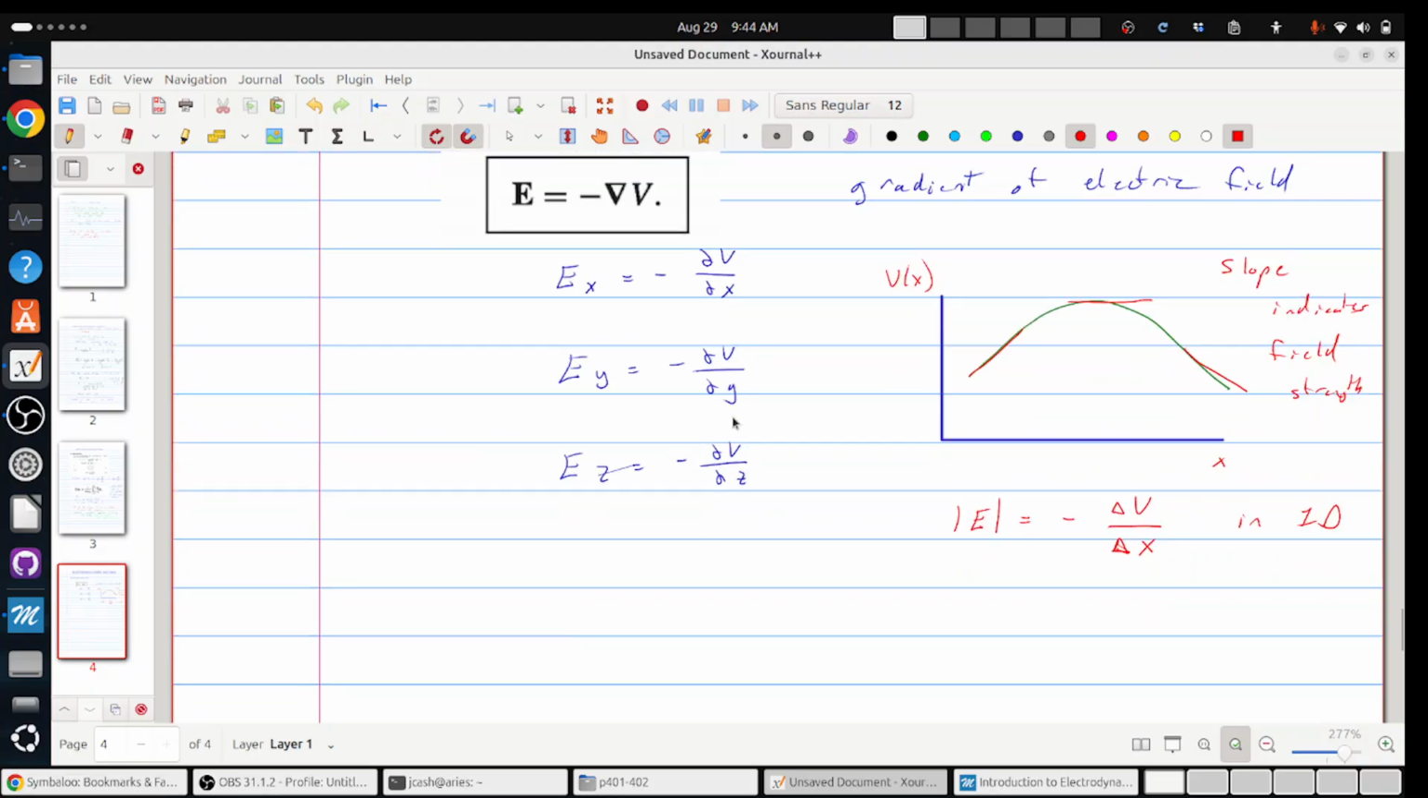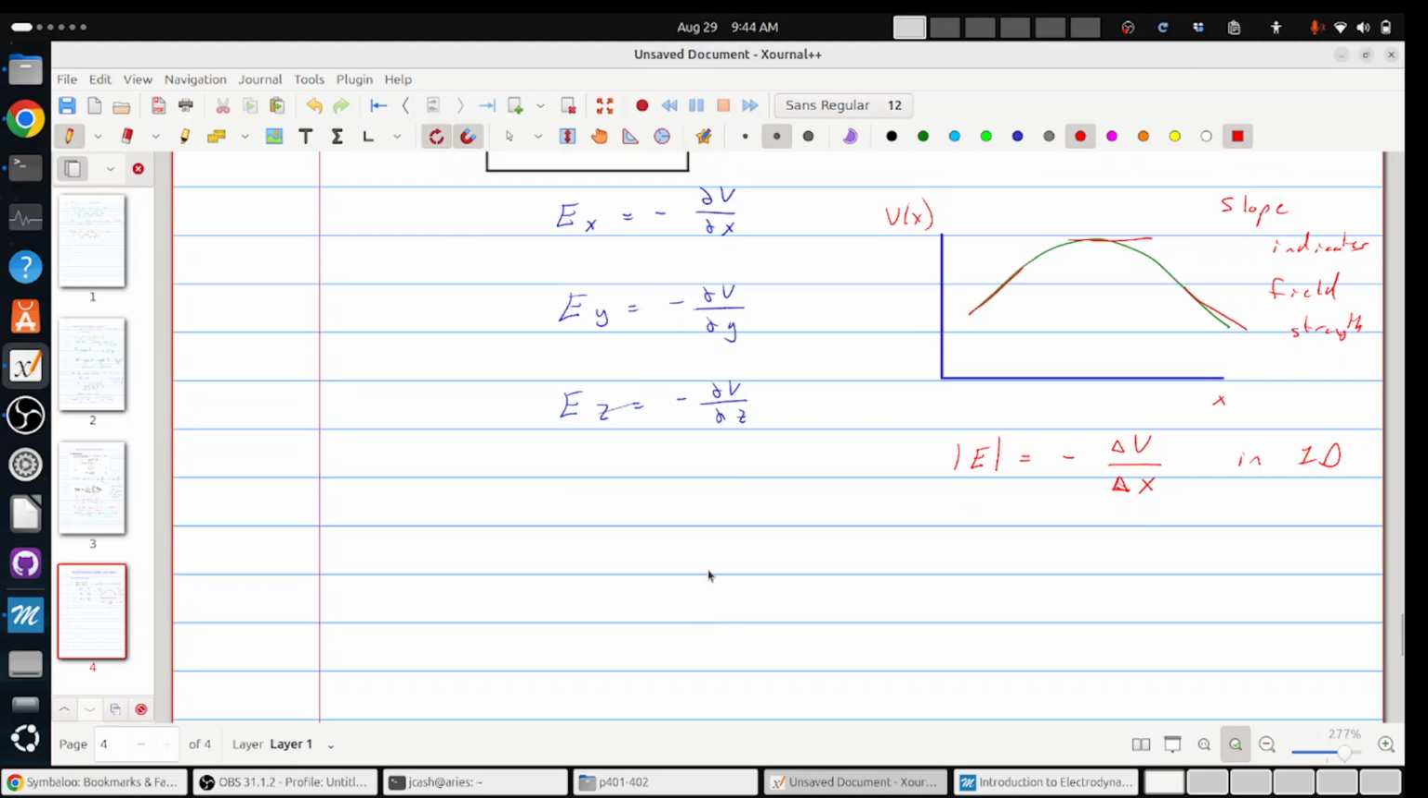So if we have 3D, it's functions in x, y, and z, so we have to take the slope in each direction. So in 1D, it's just telling you the x component, okay? But we also had,